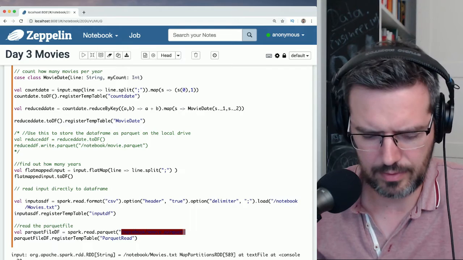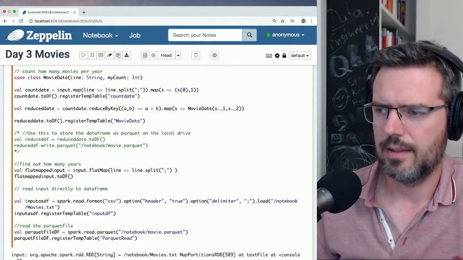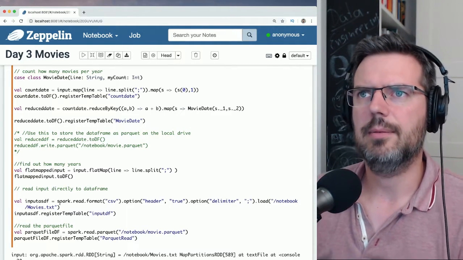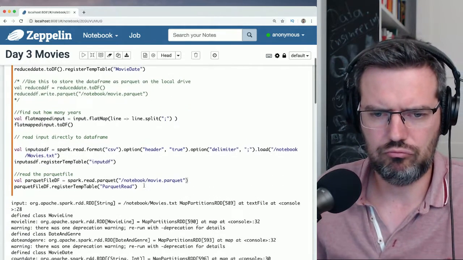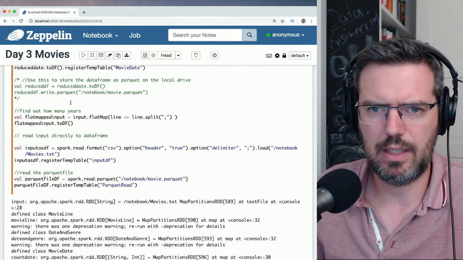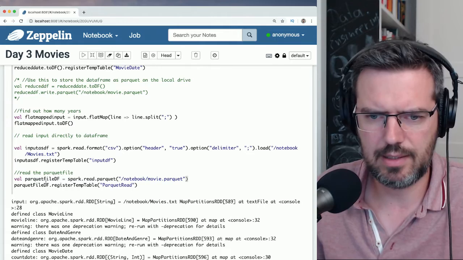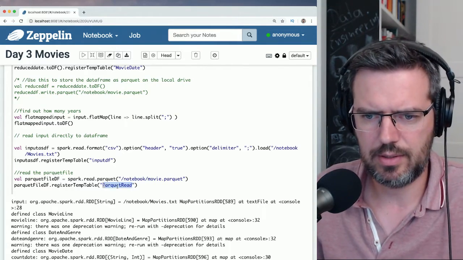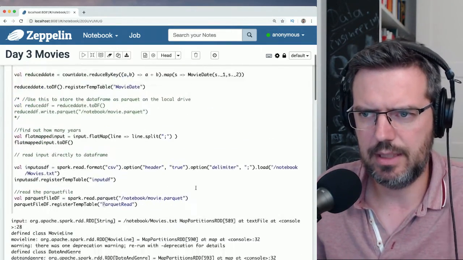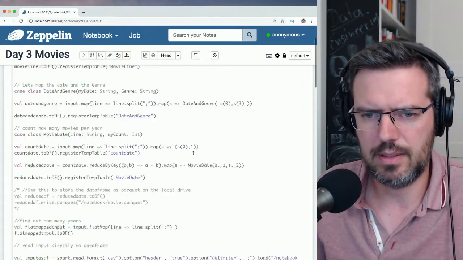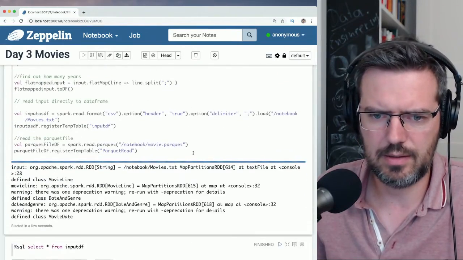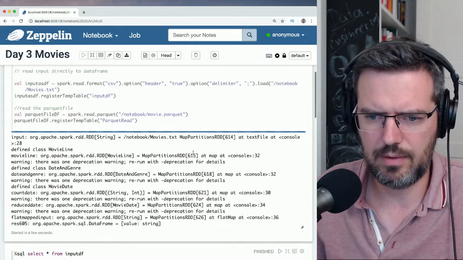Let's put it in red. So we commented out this again, then we registered a new table, parquet read. Let's see if this thing can read from it and create a data frame.